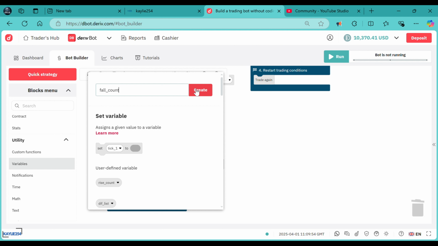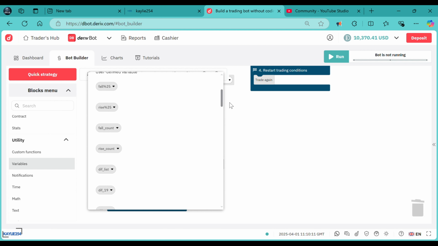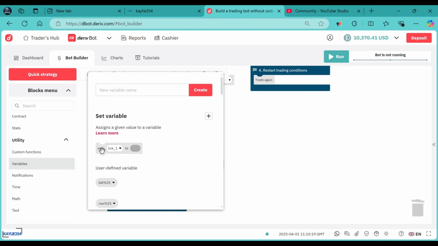We need to create rise percentage. We also need to create fall percentage. Let me just start with this one, and then we'll create any other variable that we will need as we continue. So the first thing is to set tick 1 to